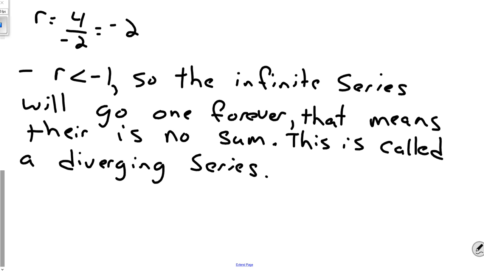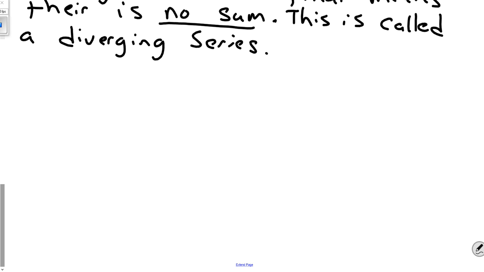Any questions between diverging and converging? Diverging would also be like if R is greater than 1. Right, absolutely. It can be a positive value bigger than 1 as well. Okay? So like if your R value is 3, it's divergent. You're done. Okay? Determining the difference between converging and diverging is the hardest thing here. Okay? Easy. So if it's diverging, there's no sum. So now, to find the sum of a converging series,